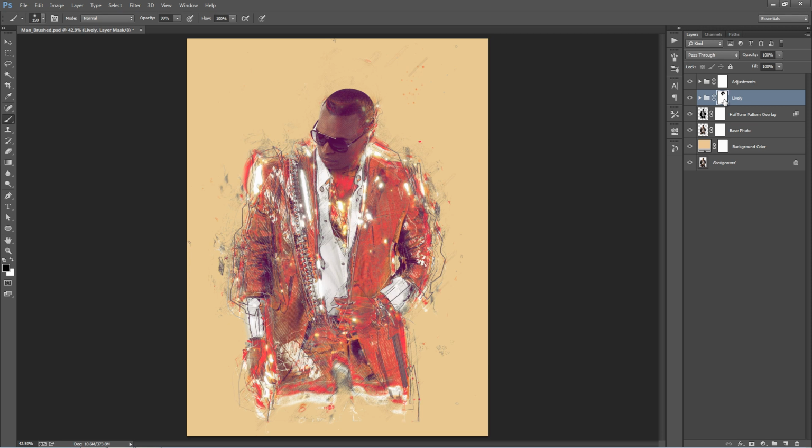So if I hold down Shift and click on the mask, you can see that it temporarily brings it back, and you can see what we've done right there. So that's just a really quick way to bring back the detail in the face. Alright, this top folder here, adjustments, we'll go inside